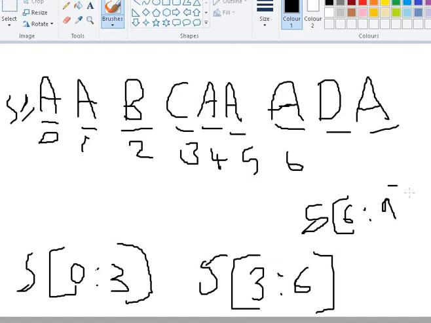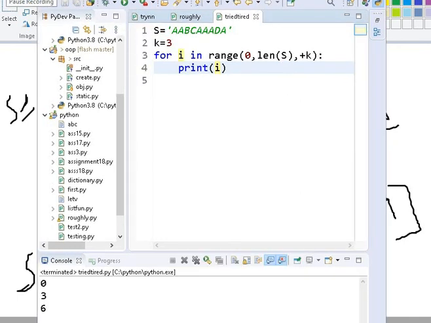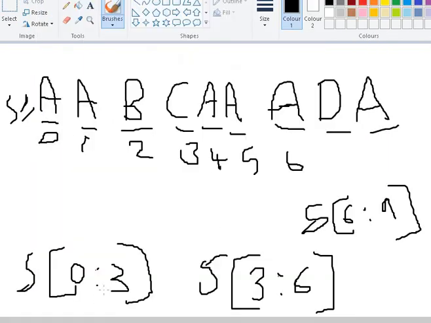Okay. Then how can you get this? As you can see, we have used plus k in the for loop. That means the i value here, if I print the value of i, we are getting 0, 3, 6. Now we got 0, 3, 6. What we have to get is 3, 6, 9.